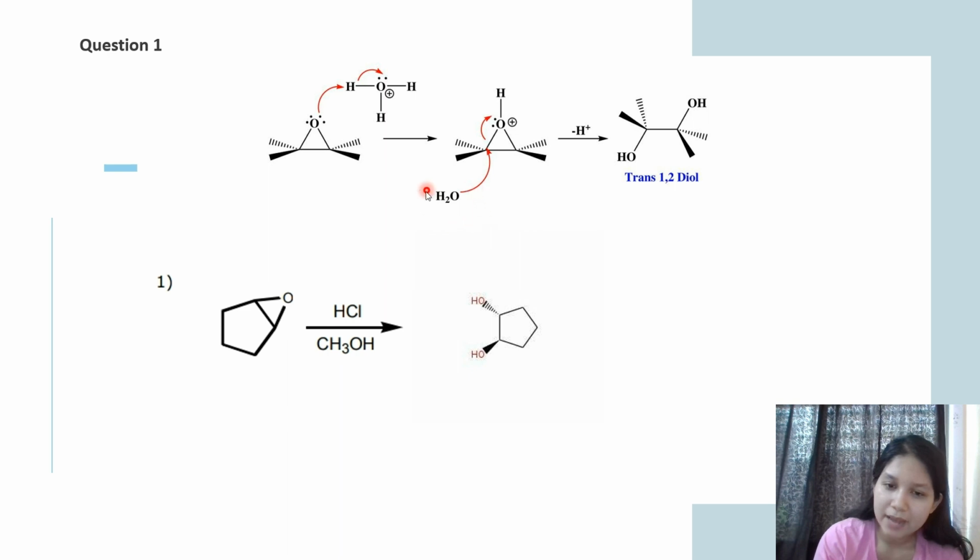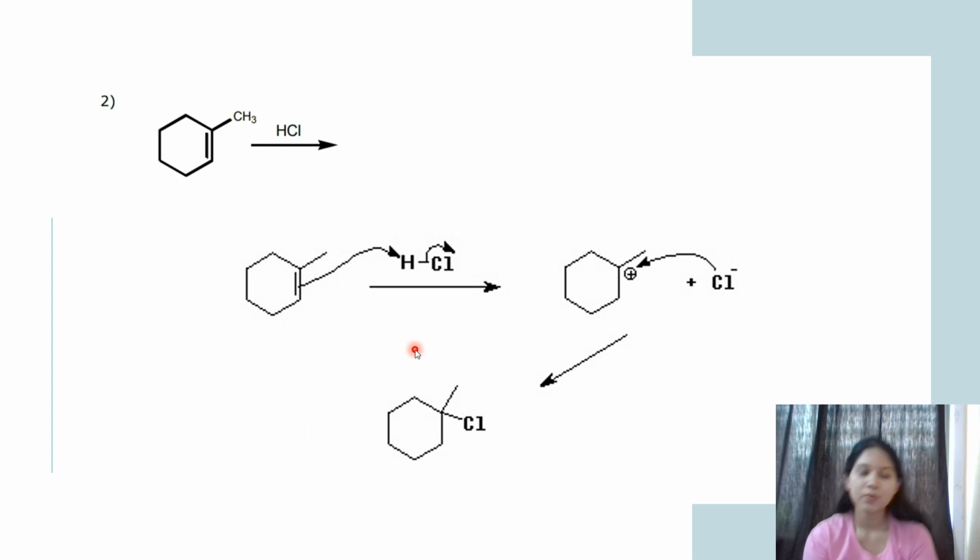The attack was taking place from the opposite phase to give a trans 1,2 diol. In question 2, we saw how this substituted alkene was reacting with hydrochloric acid, and we went through the mechanism to see that the reaction pathway always prefers formation of a stable carbocation. In the final step, the counter anion present, or whatever nucleophilic species present in the system, will attack the carbocation to give this